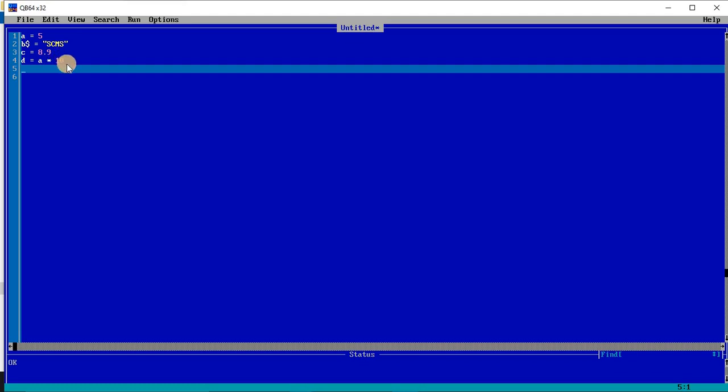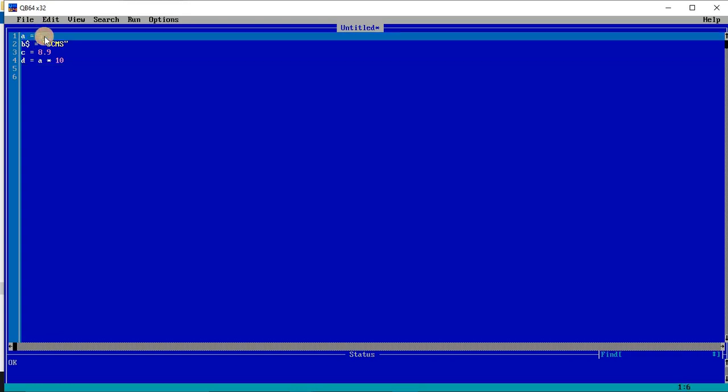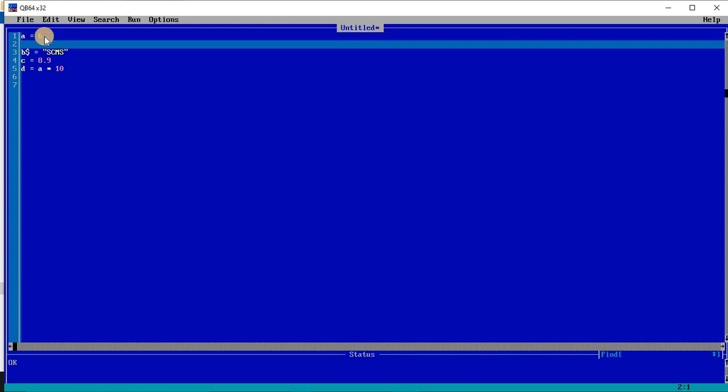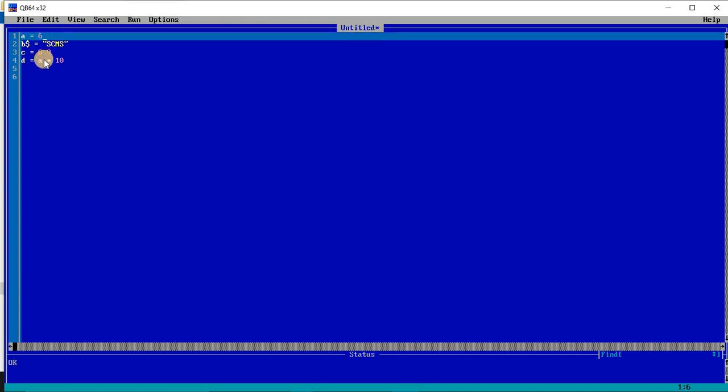So this 10 is a constant value. Constant means something which never changes. So when you are writing 10, it will never change, but the value of a will change, because if I change the value of a over here, from 5 to 6, then it will be changed. So you can see that the value of a will be considered over here as 6. Whatever value I put over here, the value of a will be assigned on that basis. But this is a constant value. I have written 10 over here. So this 10 will never change throughout the program when the program runs.